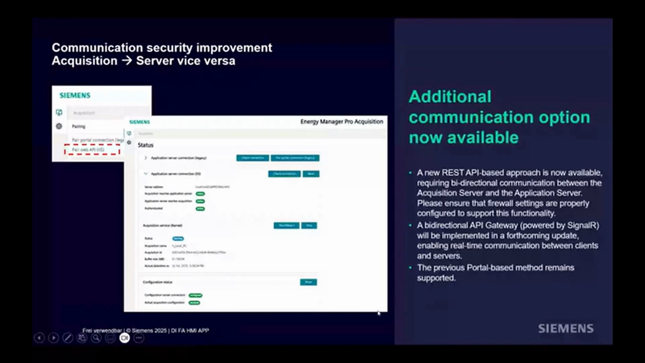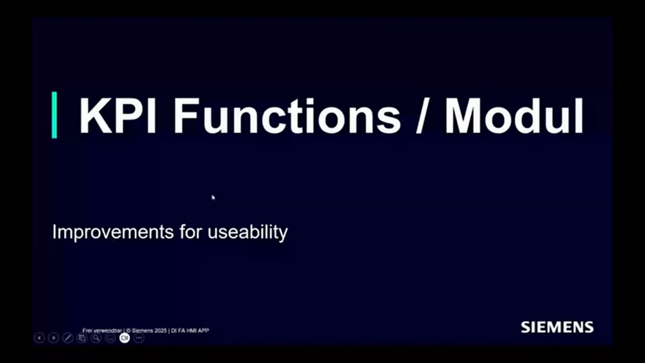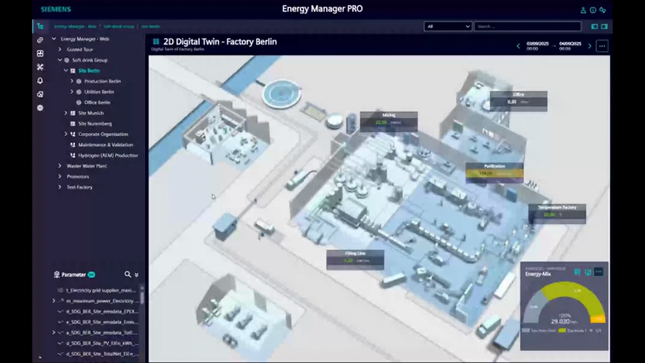Yeah, also the communication between the acquisition component and the server is brand new. We made some improvements in the security level. When we talked about our old data exchange between acquisition and server, we now have the possibility to exchange the data based on a secure web communication. So you can see here there is